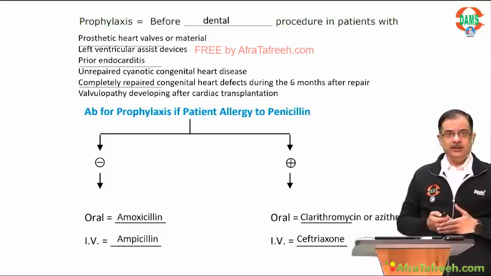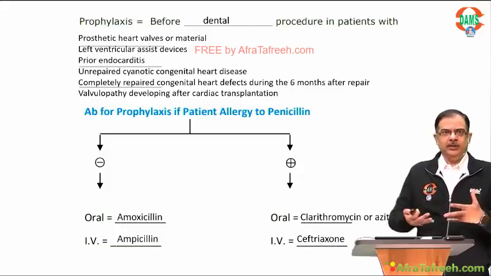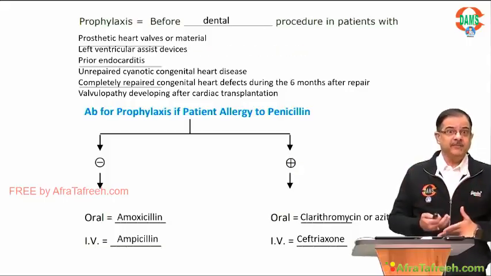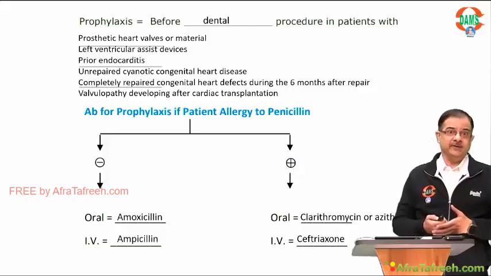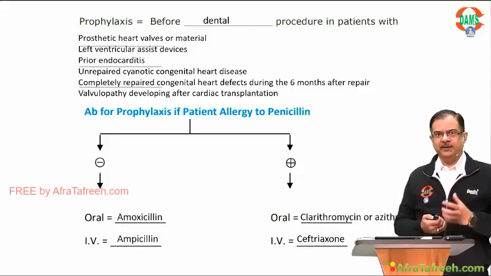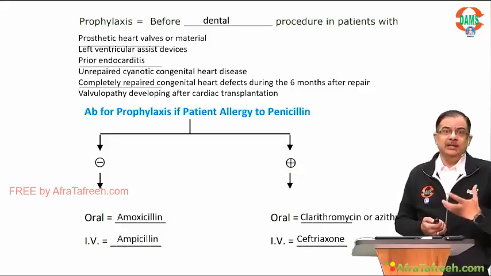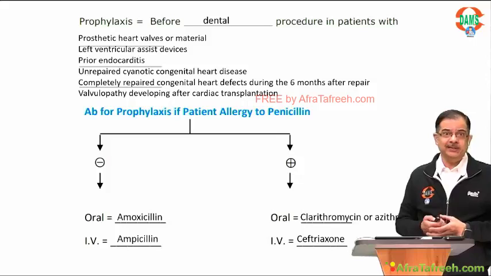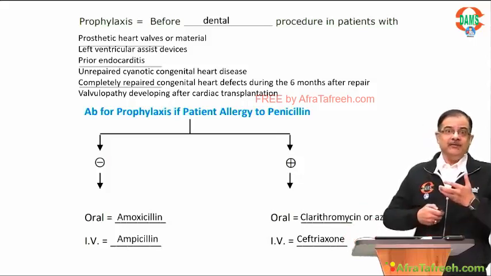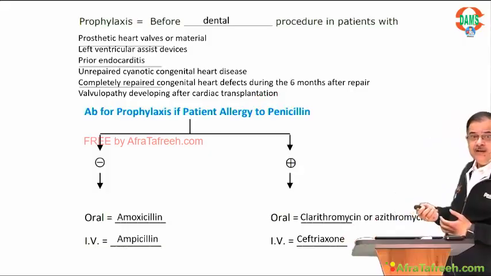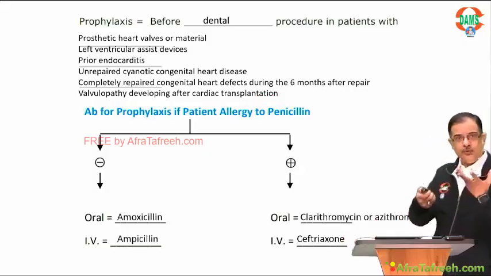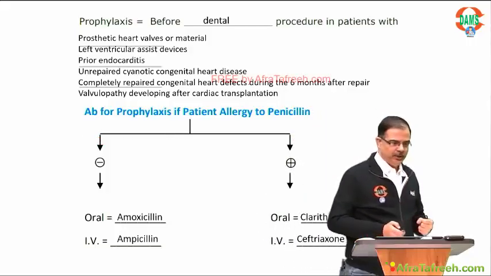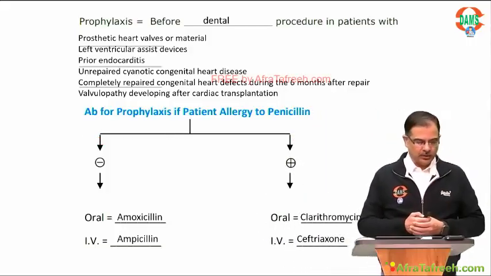And you will be then questioning that if a patient is allergic to penicillin beta-lactam, should we give ceftriaxone? Answer is yes. Even if patient is allergic to penicillin, you can give ceftriaxone. Only thing where you will not give ceftriaxone is when there is an immediate hypersensitivity to penicillin. If there is no immediate hypersensitivity, then you can give ceftriaxone. And if there is an immediate hypersensitivity, IV azithromycin is available in some centers. So you can give IV azithromycin also. So these are the treatment options for the prophylaxis.